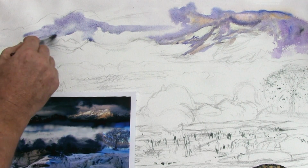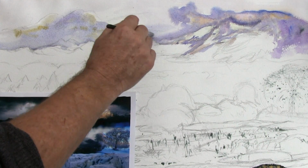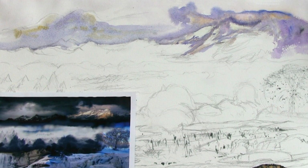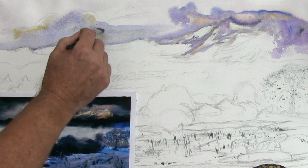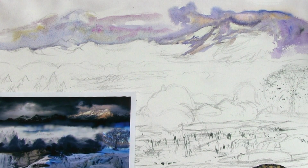All the way down here, right to the edge of those mountains. Much warmer in just a moment. Now a little bit of cobalt violet again into here, a bit lighter. Now, I've really got to start hitting with the darks, so I'm going to mix up a